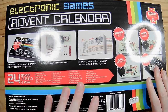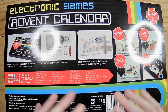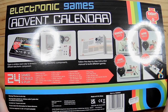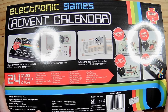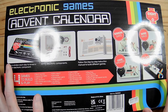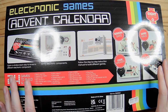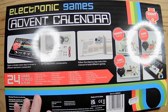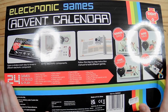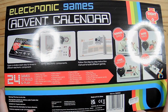So I did wonder about how this works. It says 24 games. And I thought, right, so does that mean we build a new electronics project every day? Apparently not the case. You open a window. Basically, it's one of these. Did you ever get, as a kid, those chocolate selection boxes? Or the Lego ones, where you have the little cardboard packet like this. You have the doors, and you open it up, and there's a chocolate or a piece of Lego behind it. So I think this is a similar concept in which we're going to be given a part a day